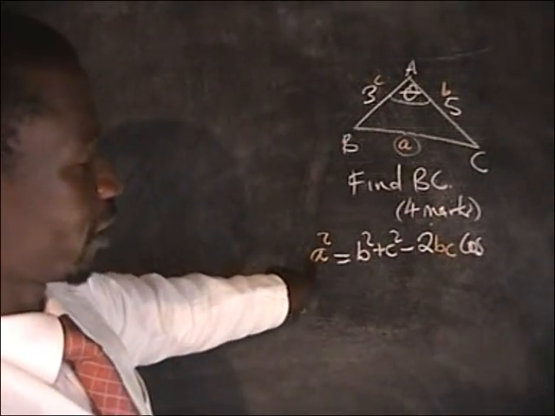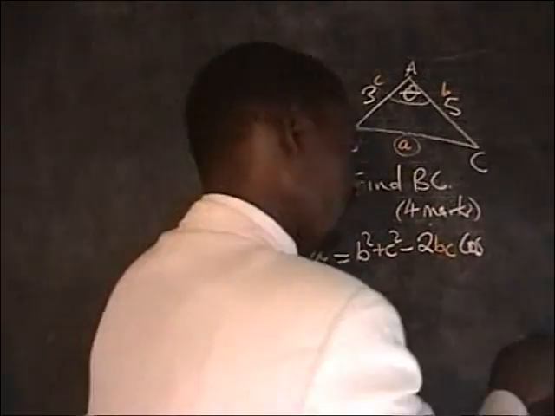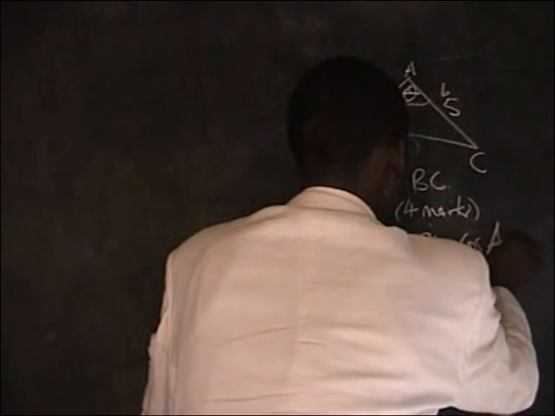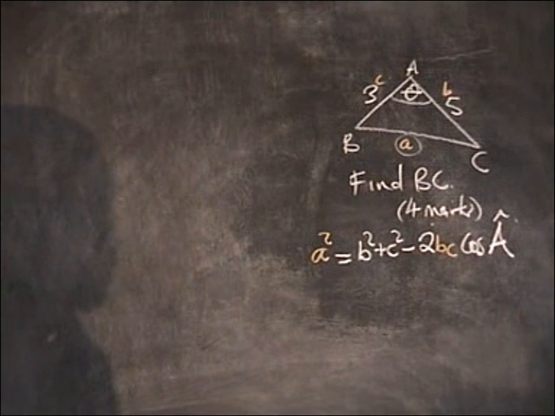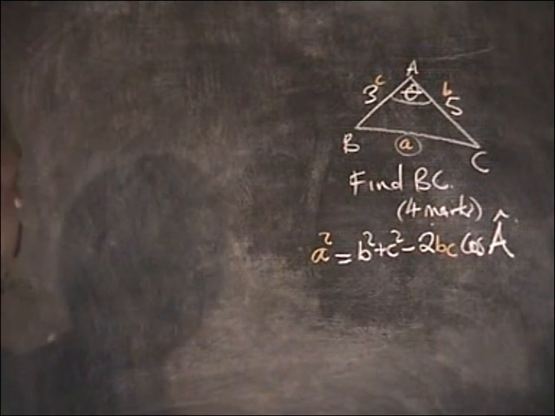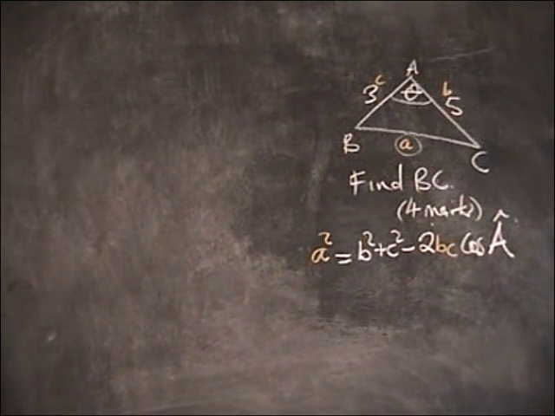You enter cosine big A like that. I'm sure that is seen. Without wasting much of your time,